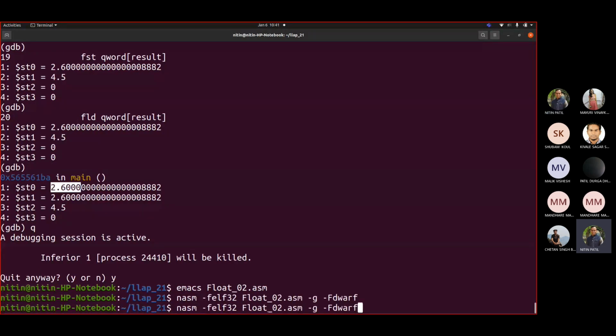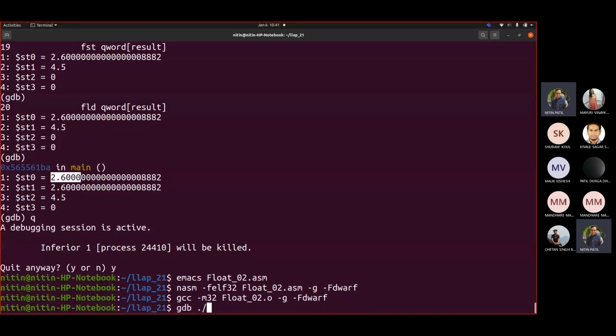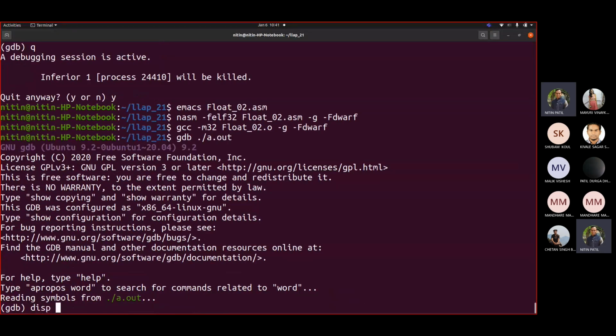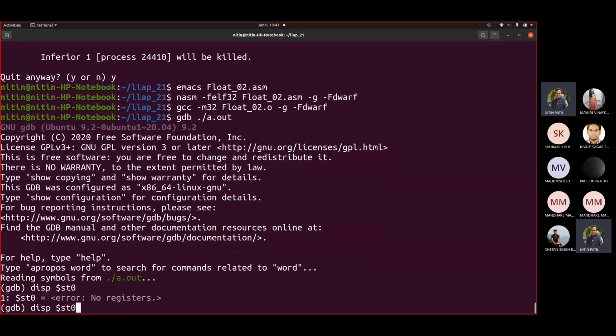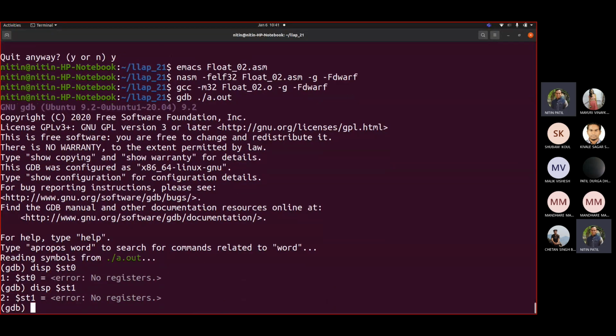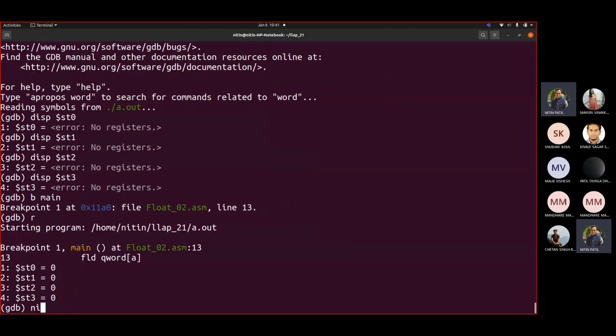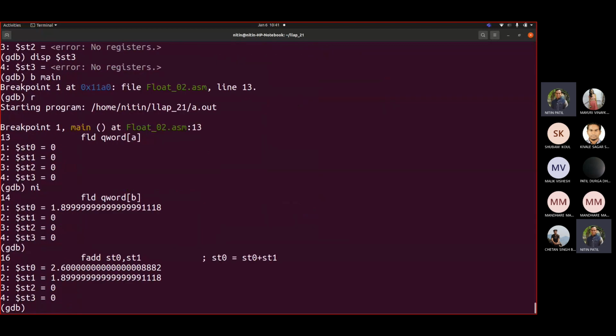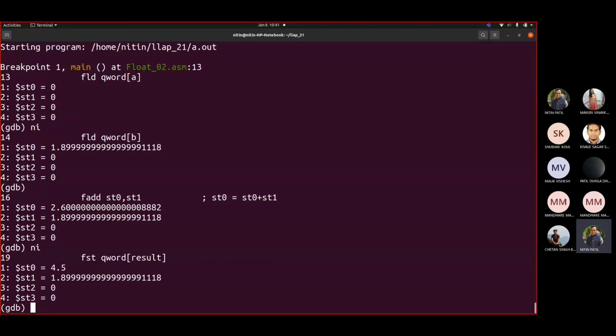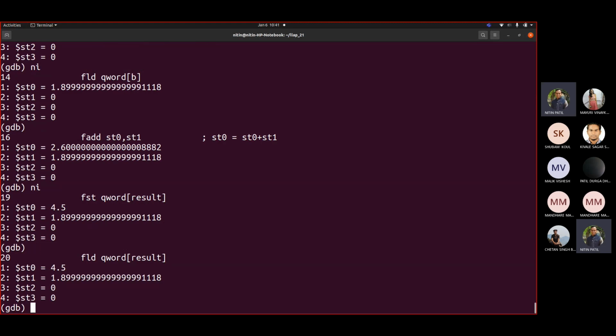NASM, GCC, GDB display $ST0, ST1, ST2, ST3, breakpoint main, run. Now see, these are the two values. So now your addition is stored where? With ST0. Now this is stored in the result. Now you are loading the value from result to ST0.